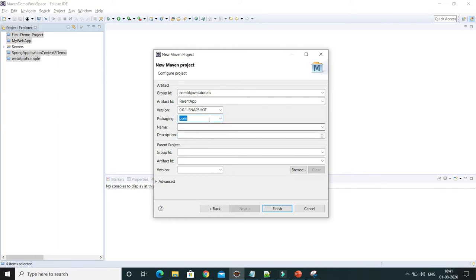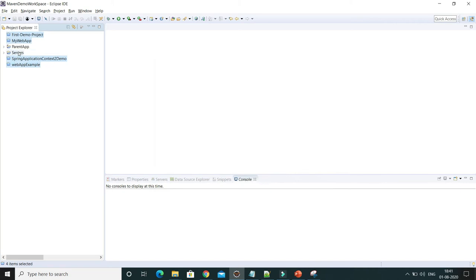Here we are going to select packaging as POM when you create a parent project. Of course you can give the name and description, but I'm going to skip that. Now I'm going to click on Finish. So we have created the parent-app project, right?